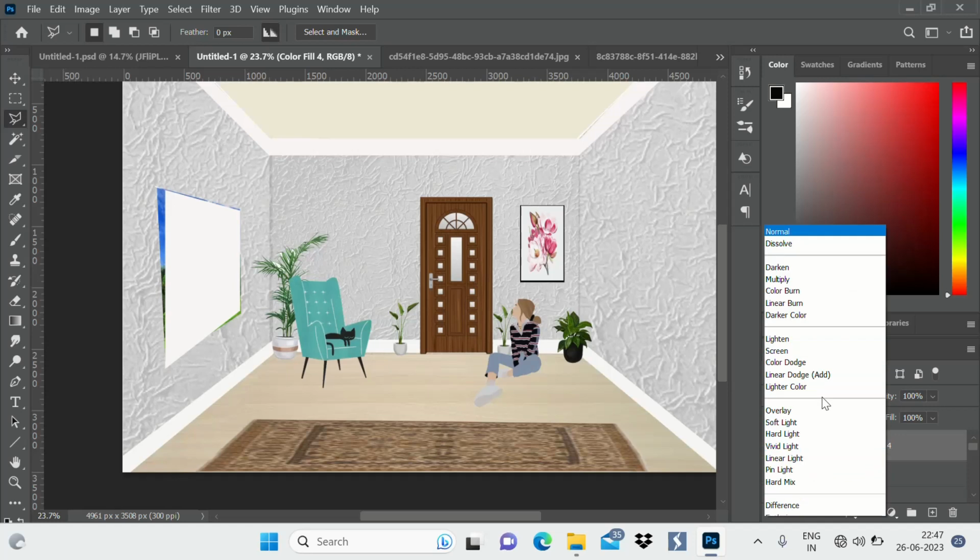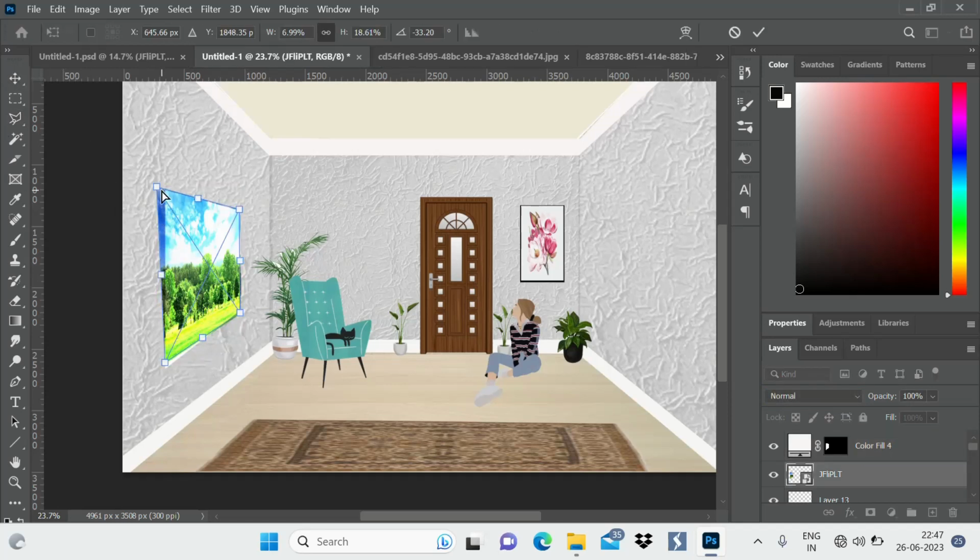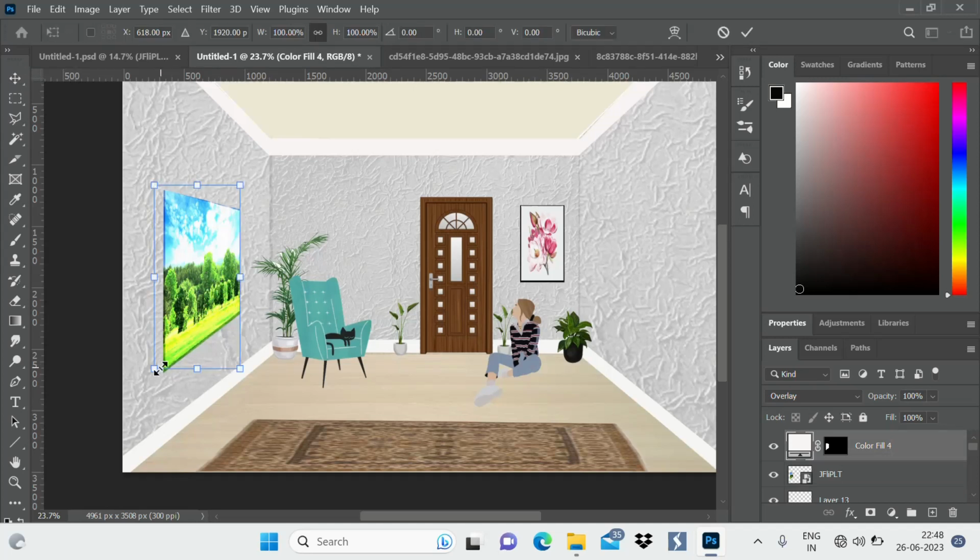Now overlay it. Background image. Now I am just going to, okay, this is our